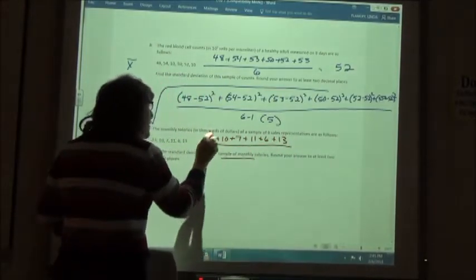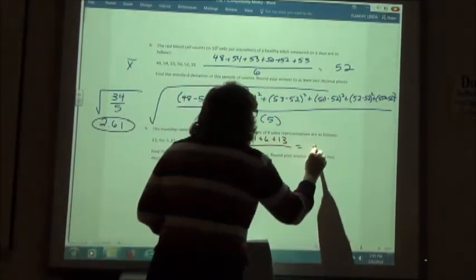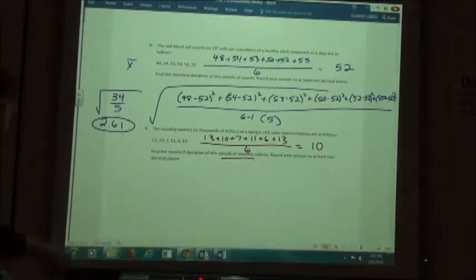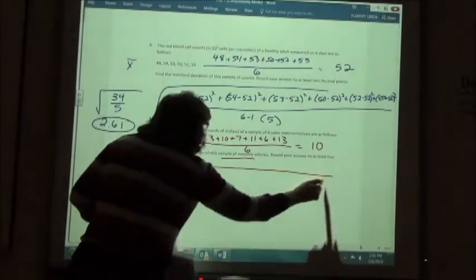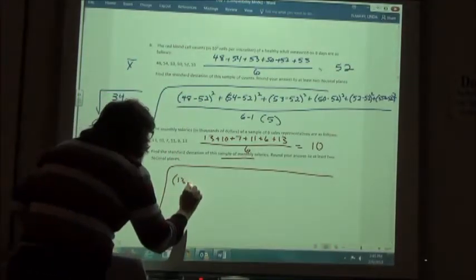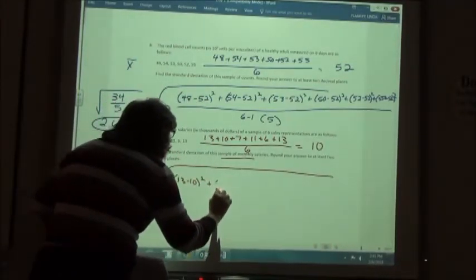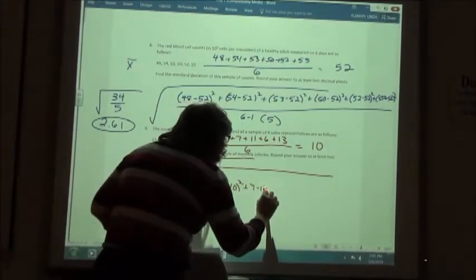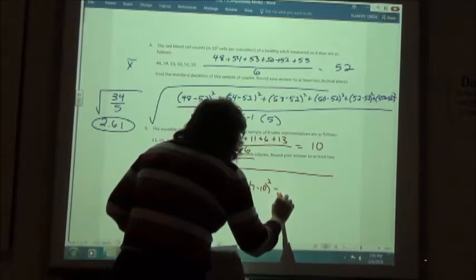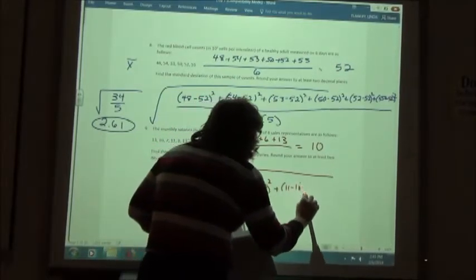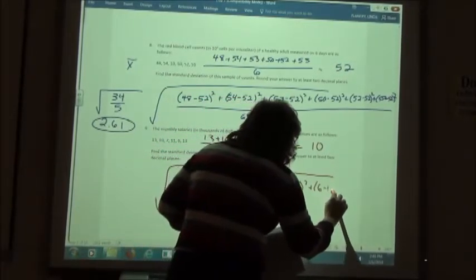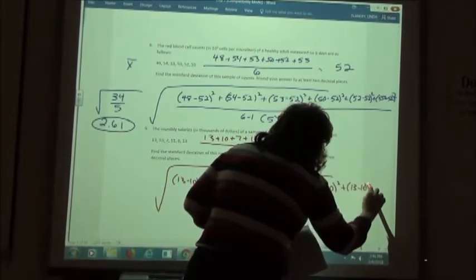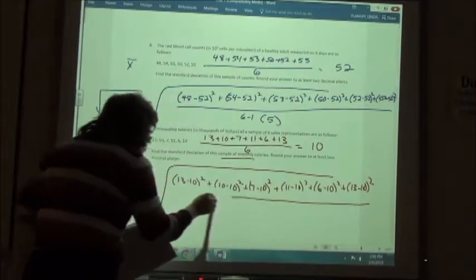And you already found it. What was our mean? 10. Once we find our mean, we can plug that into our formula. And so 13 minus 10 squared plus 10 minus 10 squared plus 7 minus 10 squared plus 11 minus 10 squared plus 6 minus 10 squared plus 13 minus 10 squared, all over